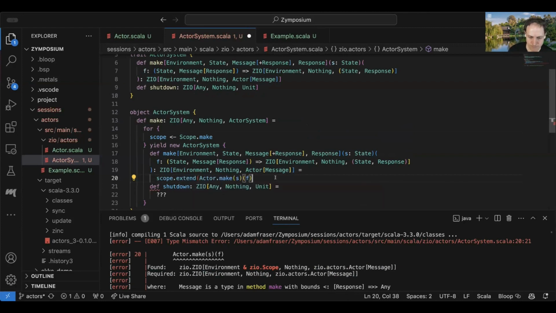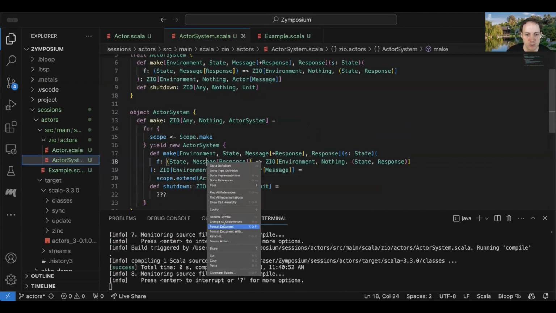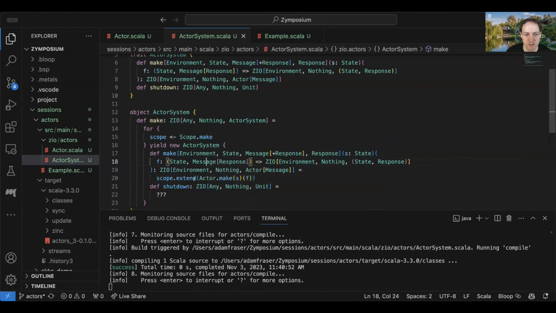I may need to add a type annotation for the environment here. Let's see in a second. Nope, don't even need that here. So essentially, the scope.extend is like providing that part of the environment. So it's saying actor.make required a scope, and the scope we're giving it is the scope that we created right here.